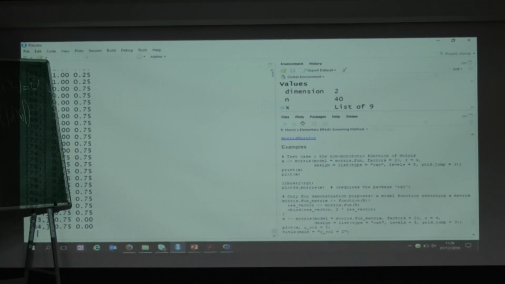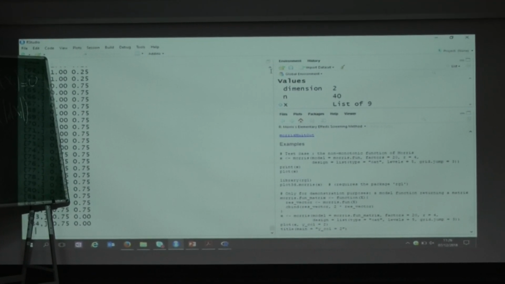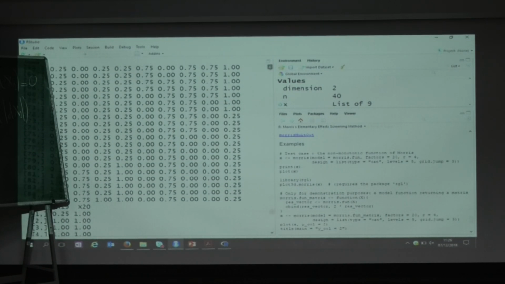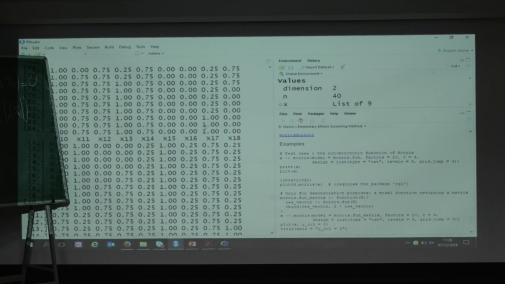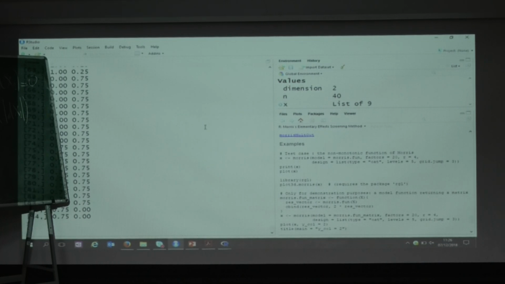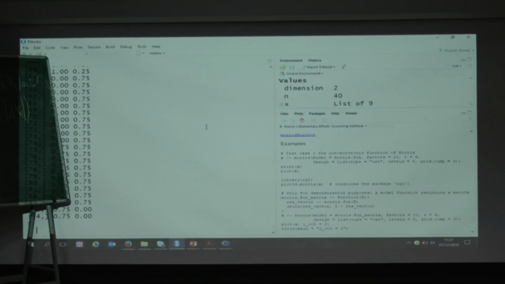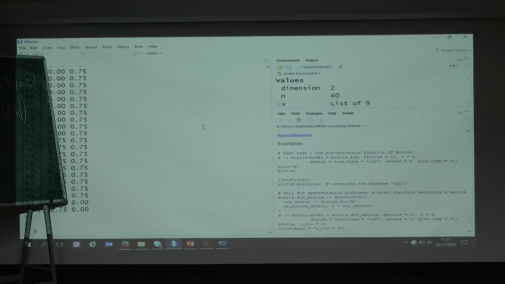Now you can export this to your system. You run your computer code on each line of this design. You see I have 20 inputs and I have 84 lines. You run your simulation model on these lines, and you recover your output in a vector. Here, I am in R, so this is simple. I just say Morris.fun is the name of the function. So I have my output.